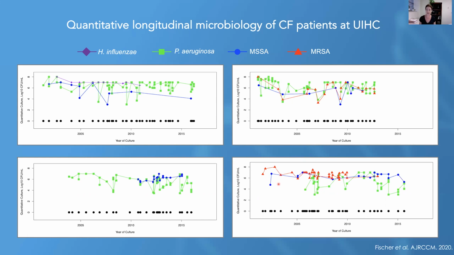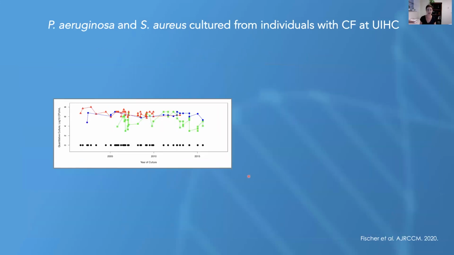And these infections were quite durable. They had them for many years at high levels, despite having very high, intense antibiotic treatments. Almost all of these patients had multiple different types of antibiotics, almost consistently. But the question that we really wanted to ask was, if a patient had a staph infection and then acquired a Pseudomonas infection, would Pseudomonas be able to replace staph within an individual patient?